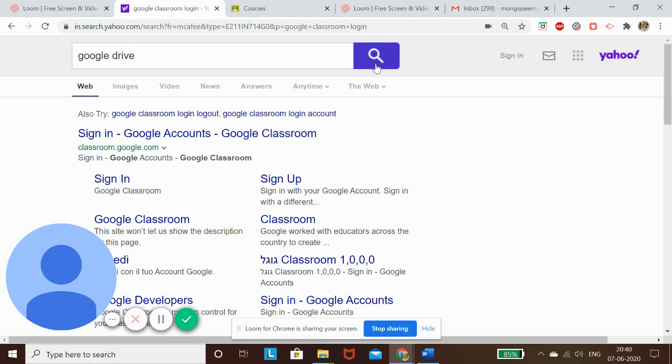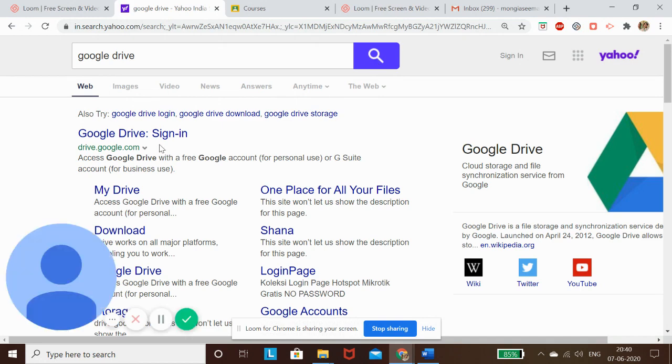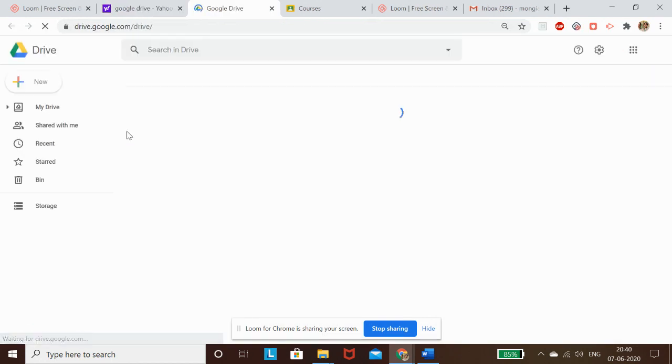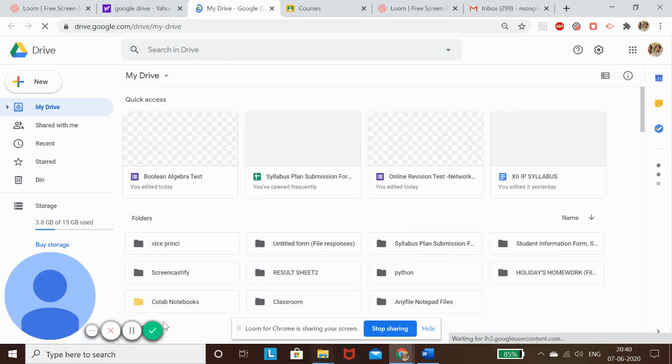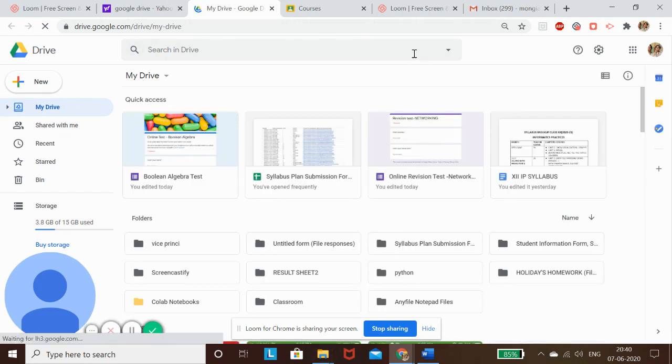Let us suppose I want to design a paper for online. First of all, in any browser or search engine, you just write Google Drive and search for it. It will show you Google Drive. Click on it and it will automatically open your Google Drive. I am already logged in to my mail account, so it has directly opened with the help of my mail account. But in case you are not logged in, it will ask you to log into your Gmail account first. So at present, I'm in Google Drive, where I can start a paper.